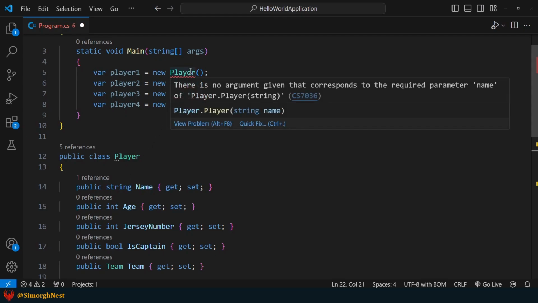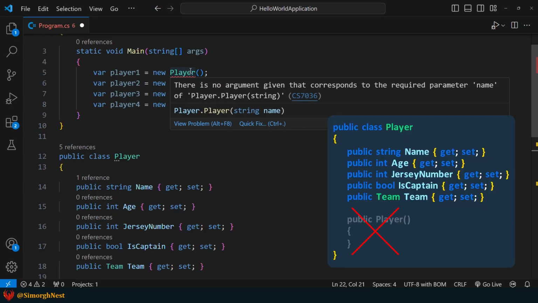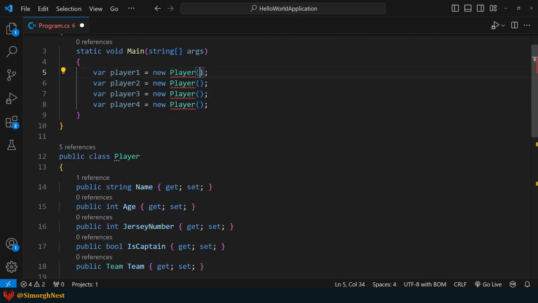The compiler complains that there is no argument provided for the name parameter. This means that if we declare at least one constructor in a class, C# doesn't automatically provide a default constructor without parameters. To fix this, let's pass the name argument to each of the instantiation expressions.